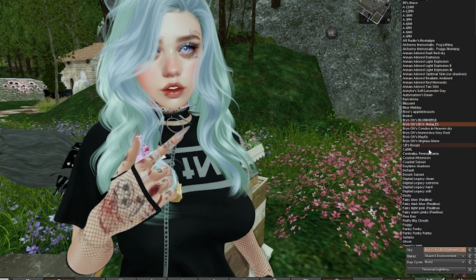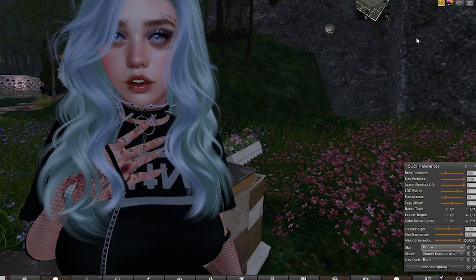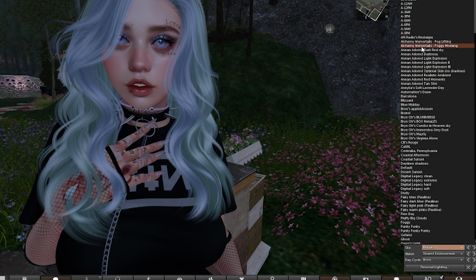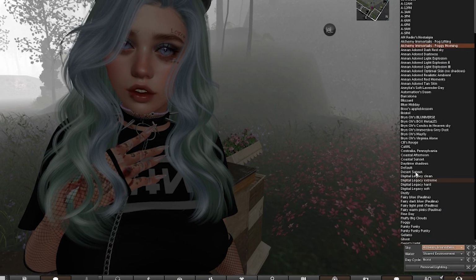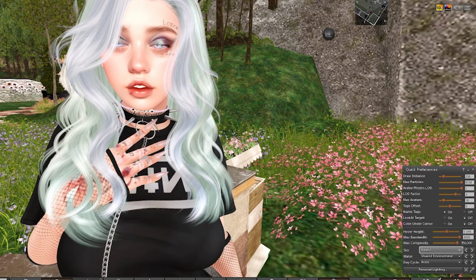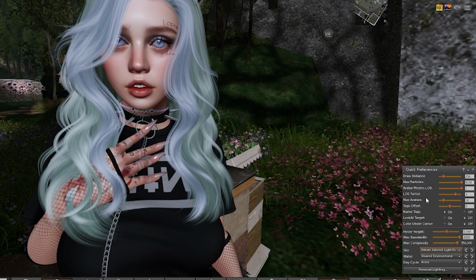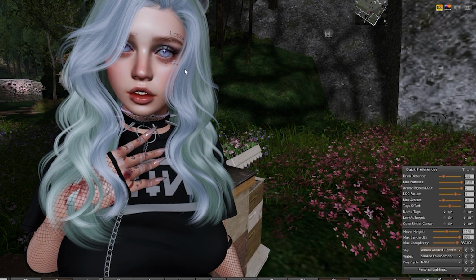Oh, I can't remember which one it was. But basically, these give you a really great starting point. And oh, there we go. Love that one. They can really add a lot of personality to your photos. They can also really change